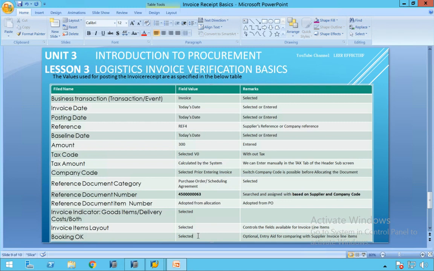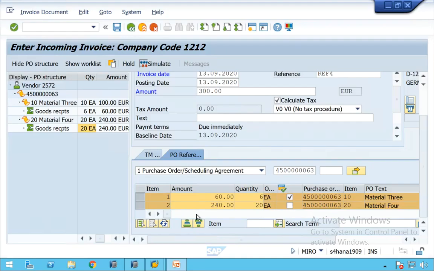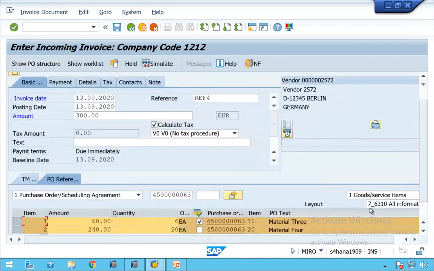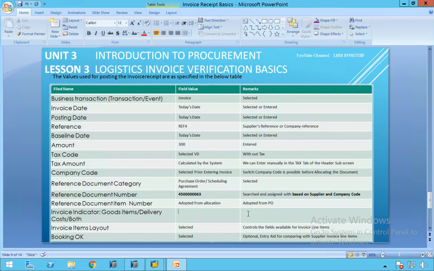Selected. And the invoice line layout also we selected. The invoice indicator, all information, is what we have selected. Let me close the PO structure. Goods/service items.